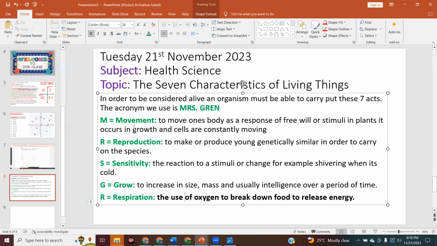All right, so far give me in order the characteristics that we've talked about. The first one is movement. The second one is reproduction. The third one is sensitivity. The fourth one is growth, and the fifth one is respiration. Good. So we have those things. Next up,